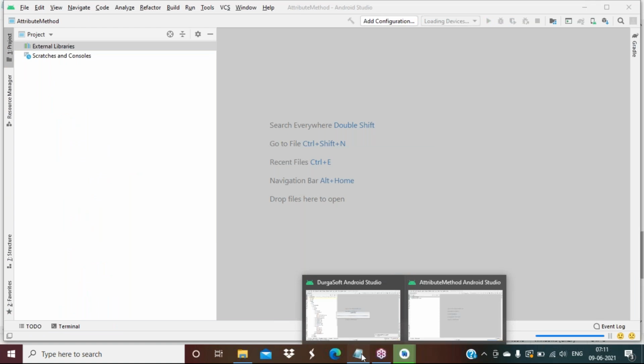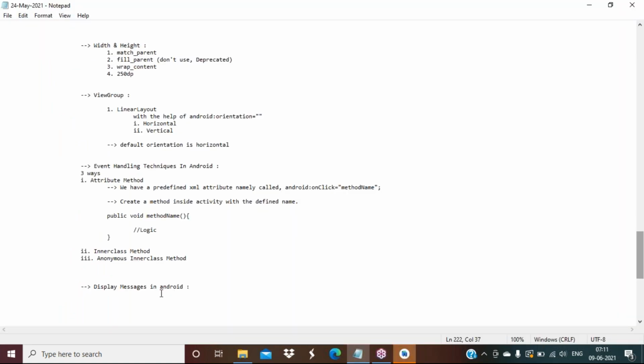So till it launches, display messages in Android, I will explain. So why this display messages? The main purpose is conveying the message to the end user who is using a mobile application or something.